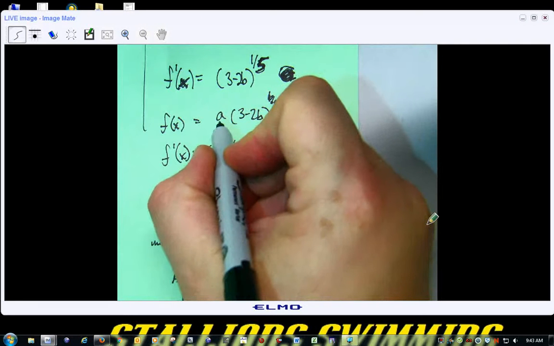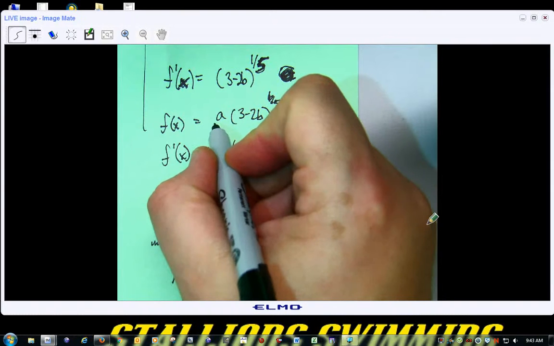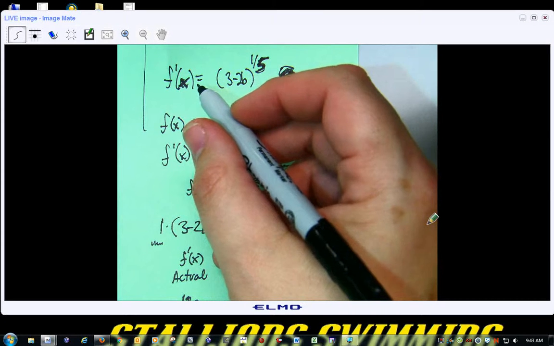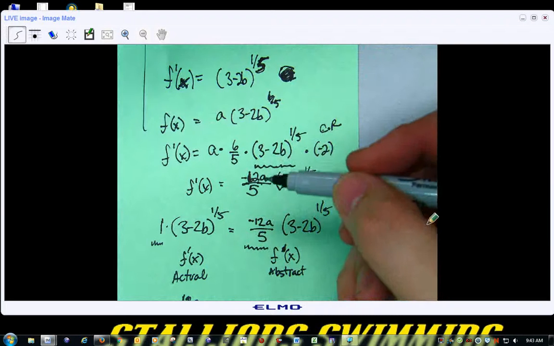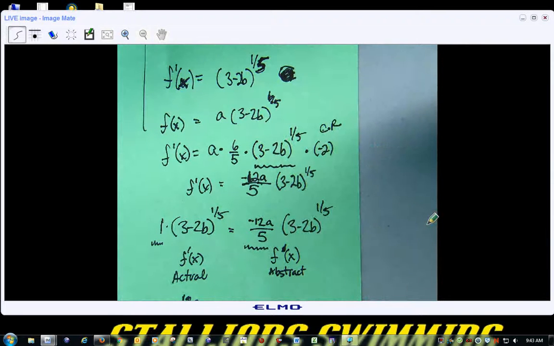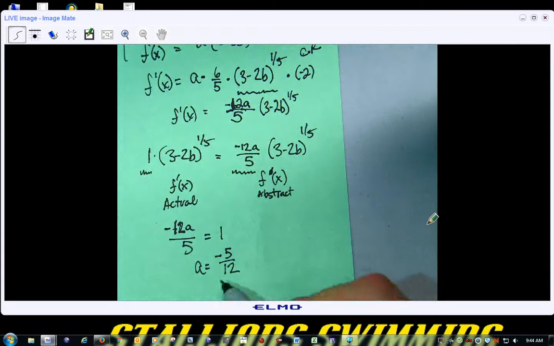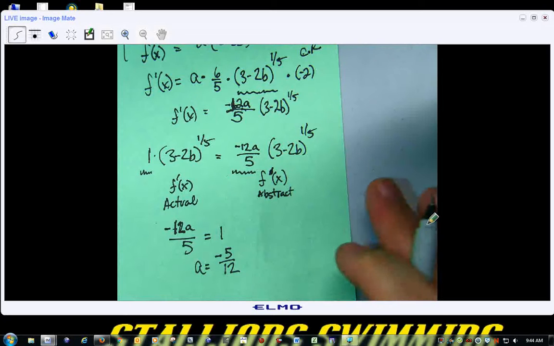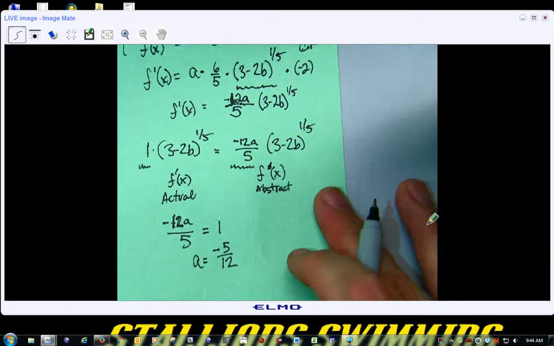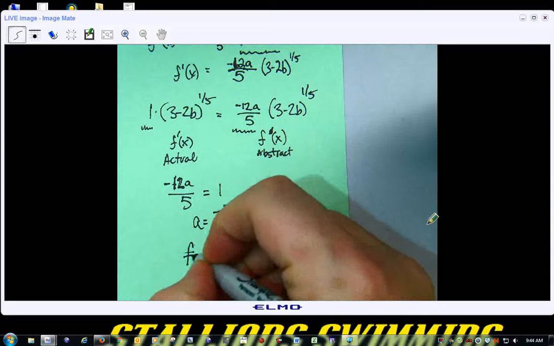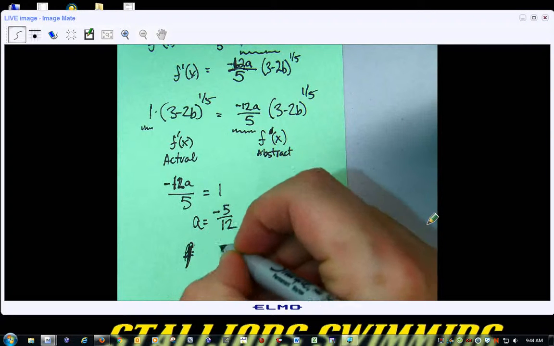That's the evil coefficient that screwed everything up. Well, it didn't screw everything up because it made a nice, easy integrand. But it took the derivative and it got rid of every coefficient that would come from either the chain rule or from the derivative itself. And what we got here is negative 5 over 12. So the original function would be negative 5/12